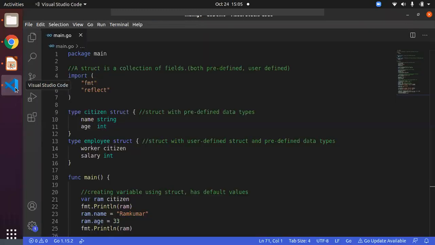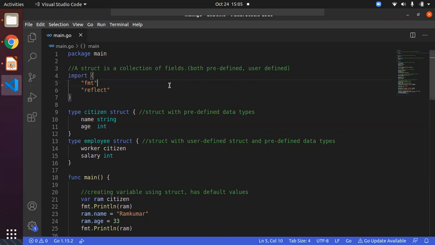The general definition of a struct is a collection of fields, simple as that. So we don't need to worry about the detailed definition. It is a very simple definition, which is nothing but a collection of fields. Already we have seen the different data types available inside the Go language, and we have seen arrays and slices. But in this video, you can use either your predefined data types or your user defined data types. User defined data types means again, it can be a struct as well.